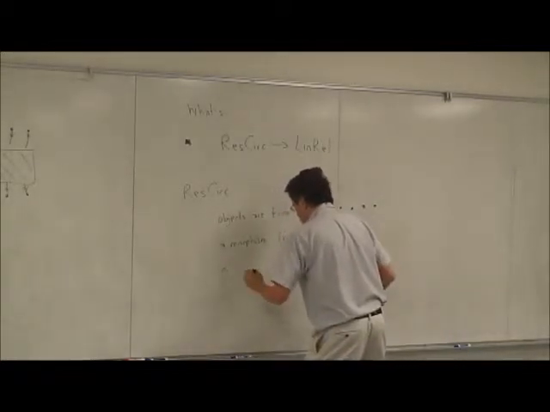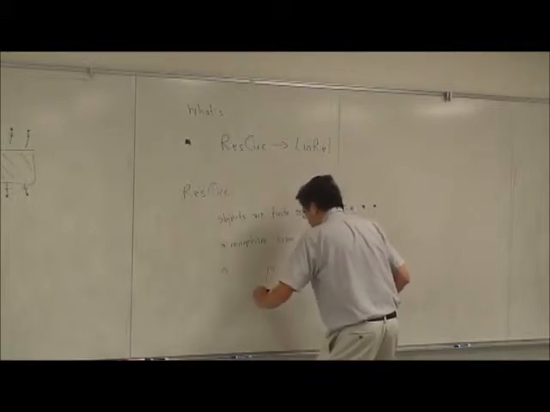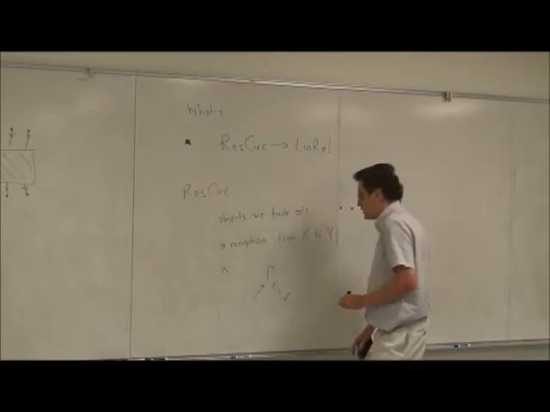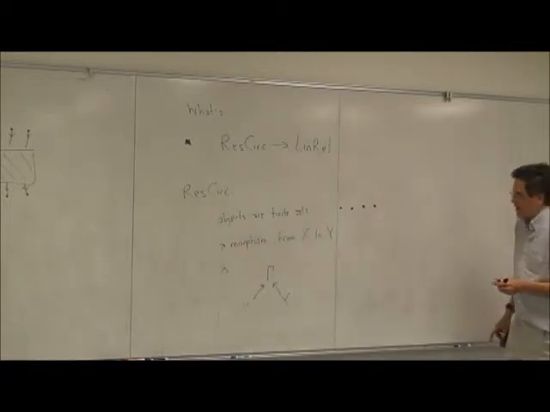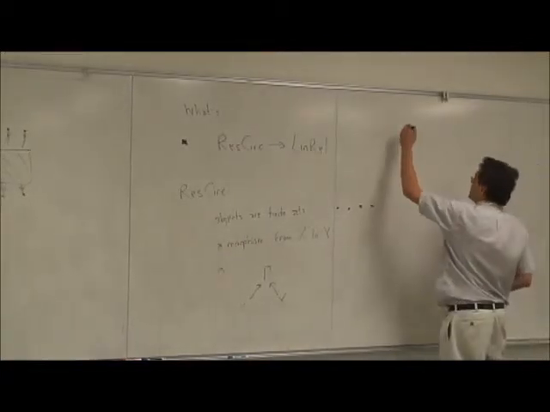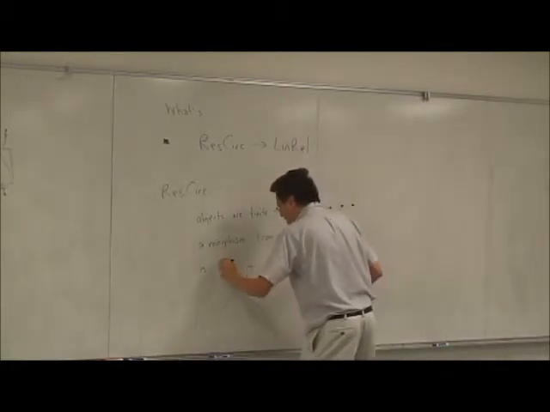So it's a circuit made of resistors, but mathematically it's a cospan in a certain category